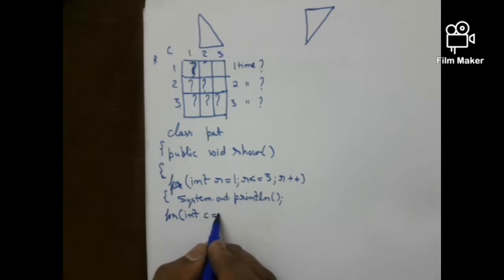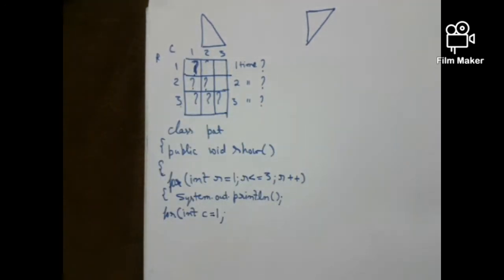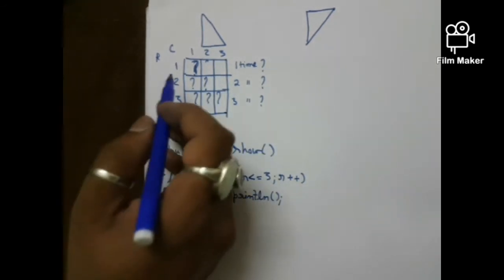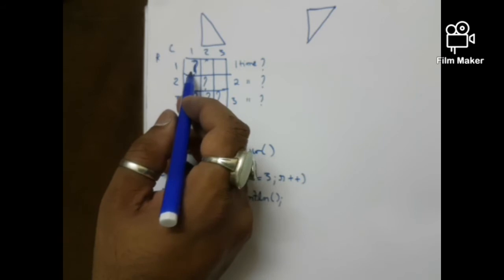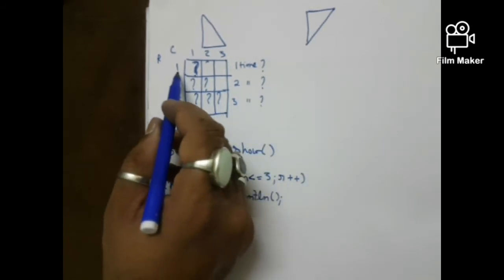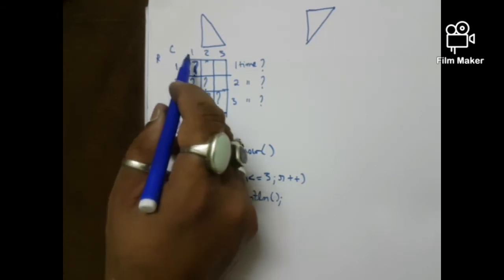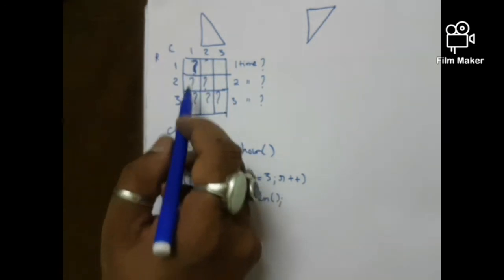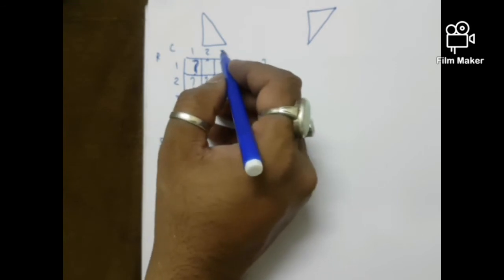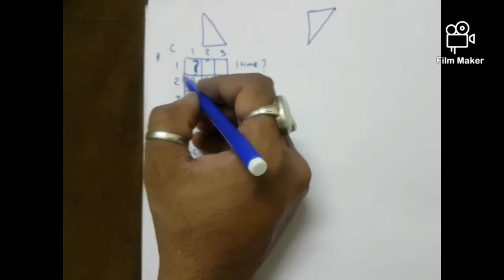So how many columns are there? If I look at this matrix, 3 columns are there. But I don't have to utilize all the columns in every row. First row, 1 question mark, only 1 column is utilized. Second row, 2 question marks, only 2 columns are utilized. That means 1 to 1, 1 to 2, 1 to 3, and these numbers are basically the limit for printing in the column, and that is being controlled by the row number.